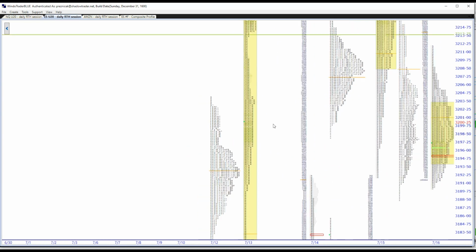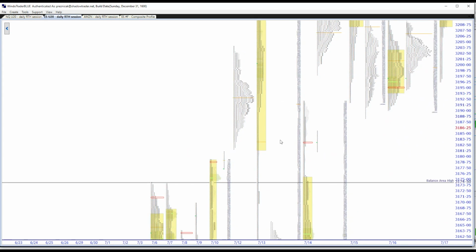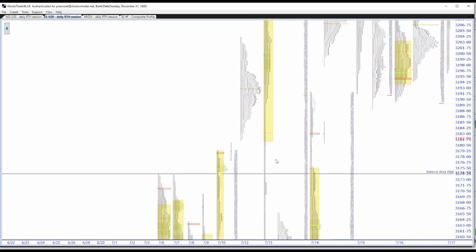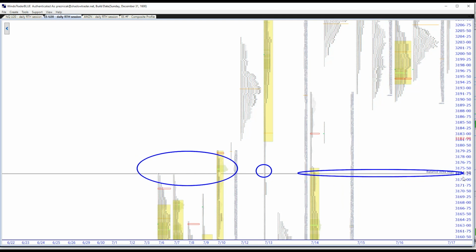see, we opened up here, but then we started failing. And when we started failing, what was very important about Monday is that we started to fail back inside of the balance area. Remember that this area here is the top of the 5-day range, and that's very, very important. So this also speaks to a number of things because it speaks to something that I teach in the pre-market perspective all the time called balance rules, which tells us that a market can only do a finite number of things when it